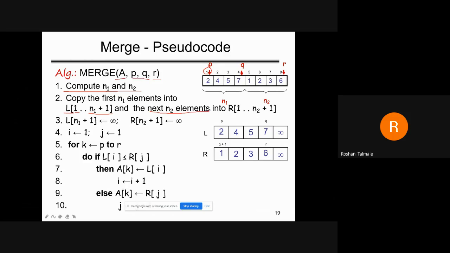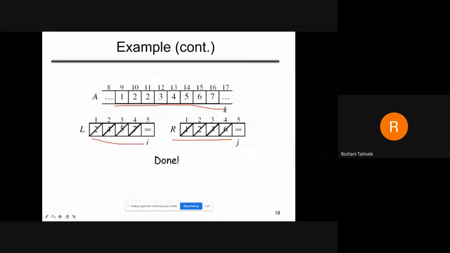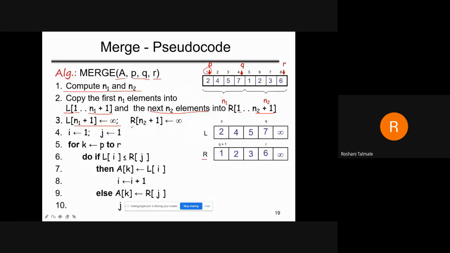And the next N2 elements, which in the previous case we referred to as R. This is the R values. So we go from 1 up to N2 plus 1. Now, the left portion's last position N1 plus 1 is infinity. Why is it infinity? Because we are considering it as a long array, as we saw in the previous case. This was written in pseudocode format: this is R, it's N2 plus 1, and this is the infinity one.